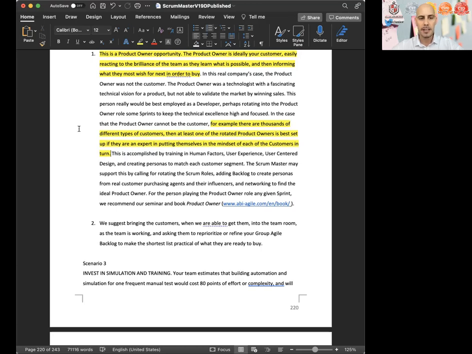The Scrum Master may support this by calling for rotating the Scrum roles, adding backlog to create personas from real customer purchasing agents and their influencers, and networking to find the ideal product owner. For the person playing the product owner role any given sprint, we recommend our seminar and book, Product Owner,